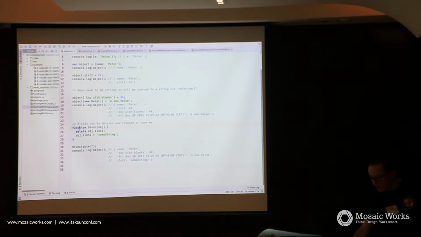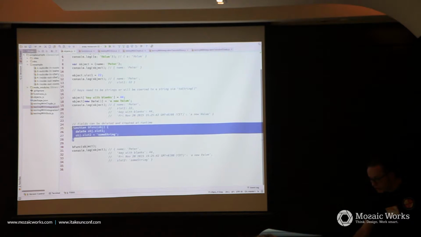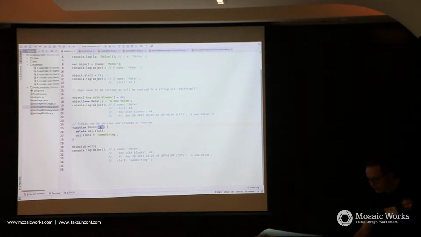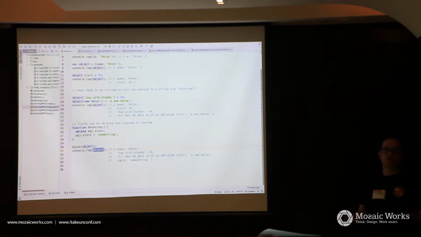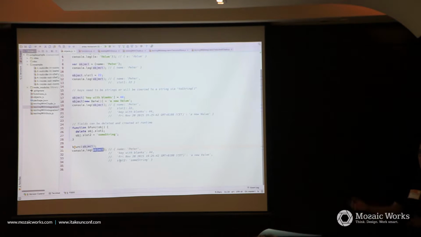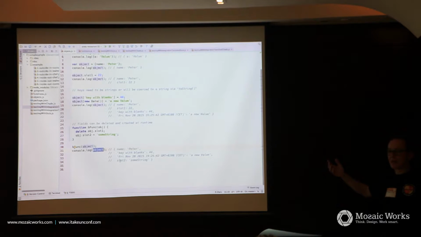And this function here is just to show that inside here something happens. I put the object in, which is a parameter. And even there, I can change the parameter. And if I log, the original object is changed. Yeah, passed by reference, which is expectable.